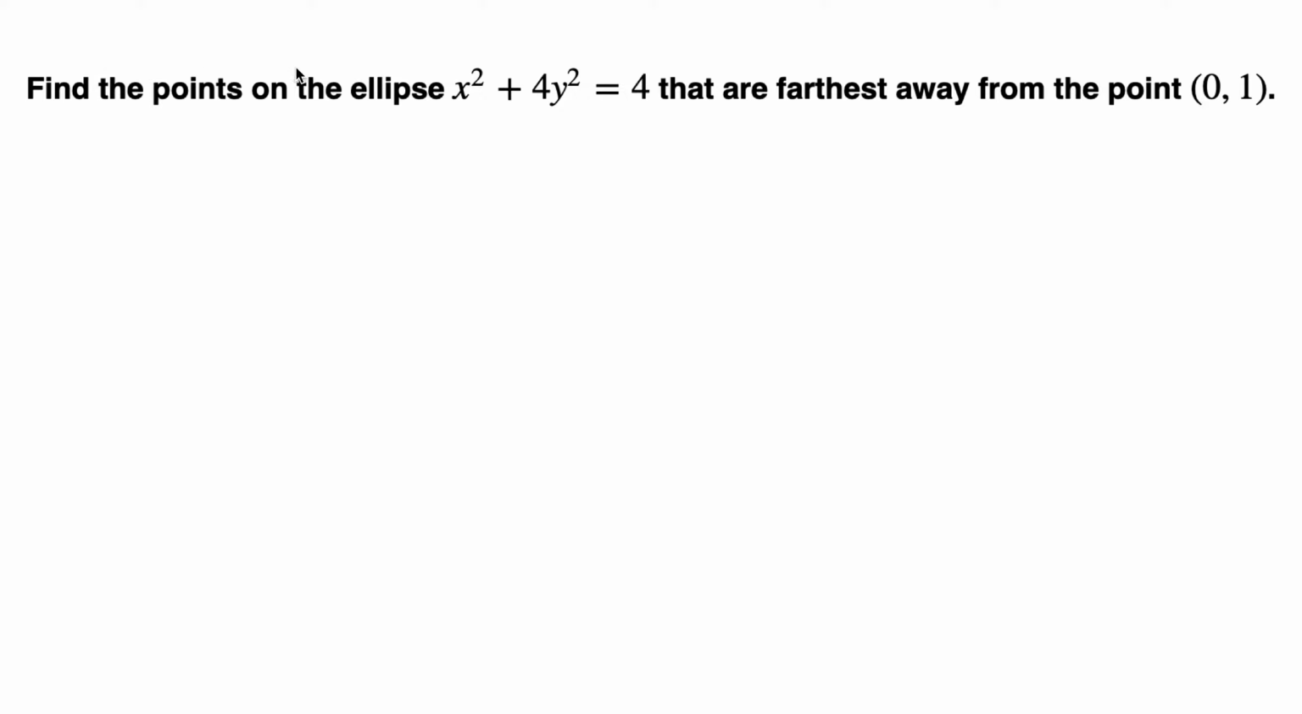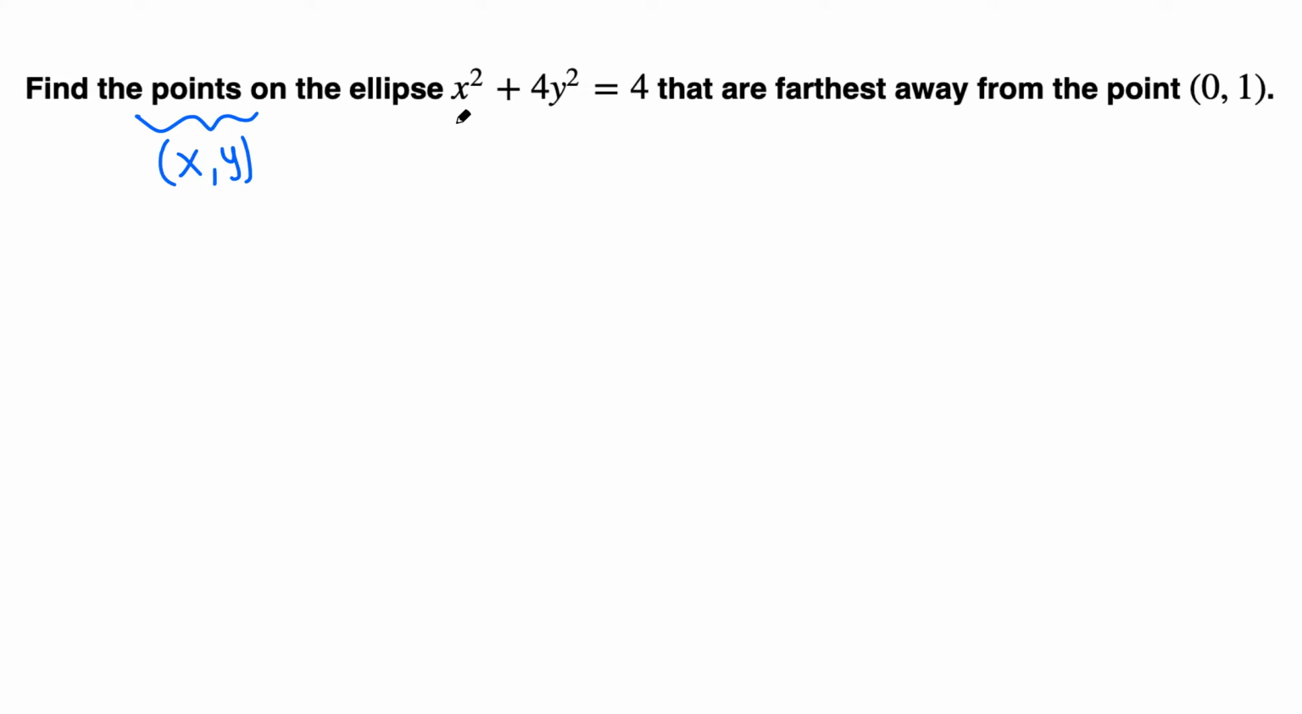Find the points on the ellipse x square plus 4y square equals 4 that are farthest away from the point (0, 1). We don't have to graph the ellipse. Anyways, point means x and y coordinates, so we want to determine x, y. It looks like we have more than one point here,